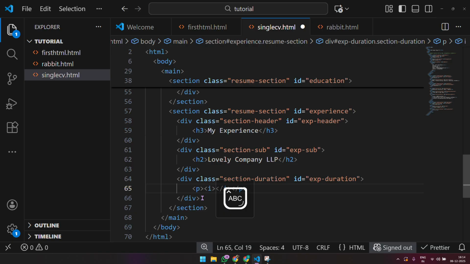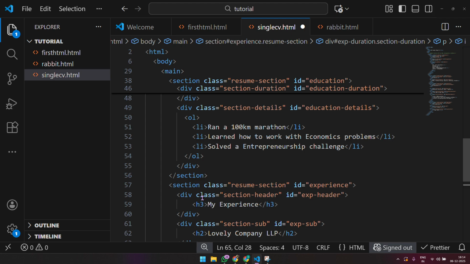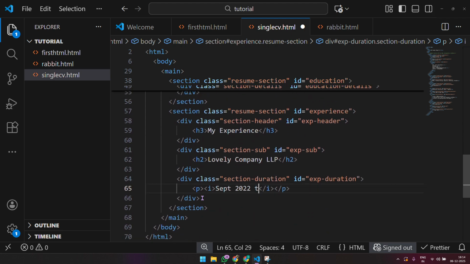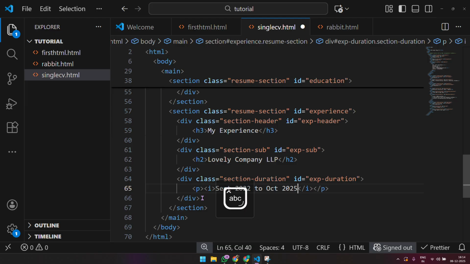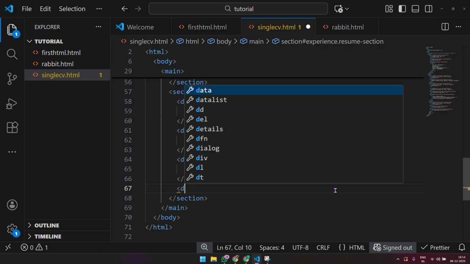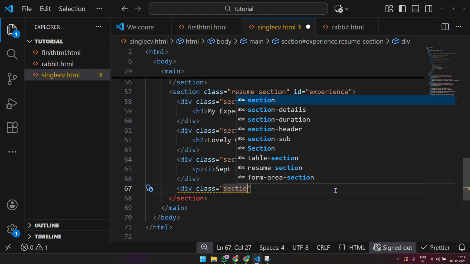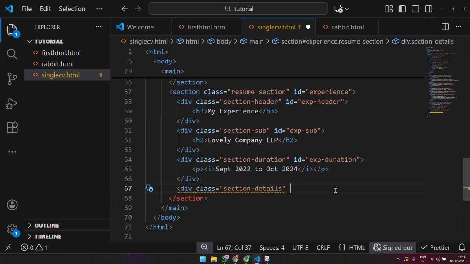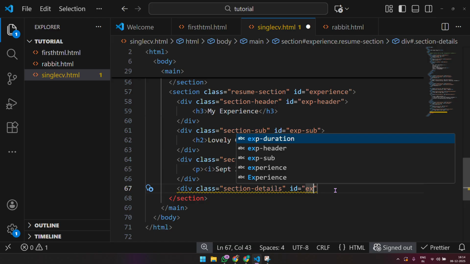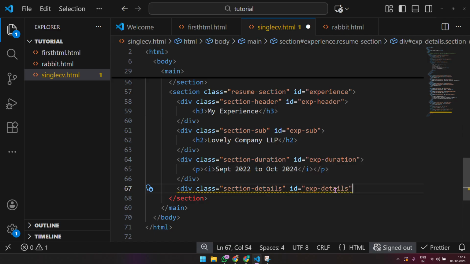We'll call it, say, Sept 2022 to 2024. Then div class equals section details, id is equal to exp details,